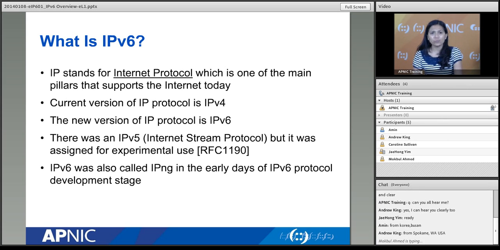So now we move on and define what is IPv6. So you know IP. Now what is IPv6? IPv6 is of course a version of IP. You can say that it is a newer version of the Internet Layer Protocol in the TCP/IP protocol suite. So the goal of IPv6 is essentially to replace IPv4, but currently it is to complement the currently existing version of IP, which is IPv4.